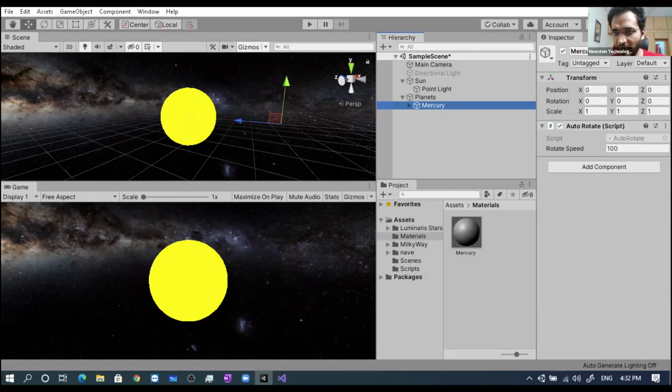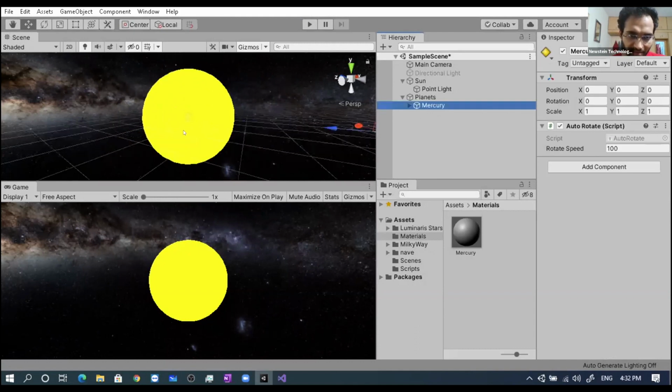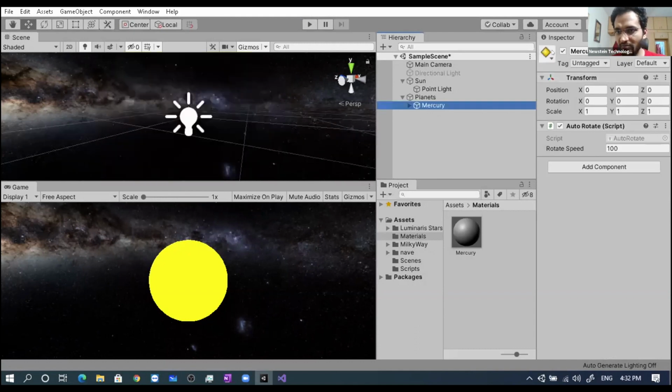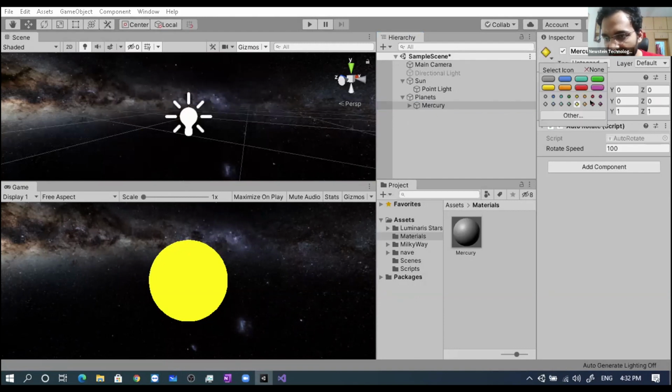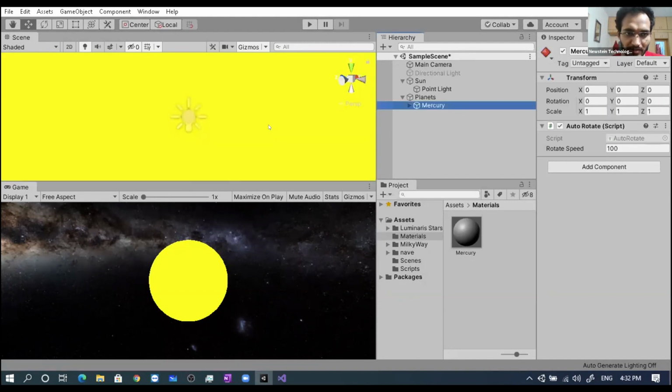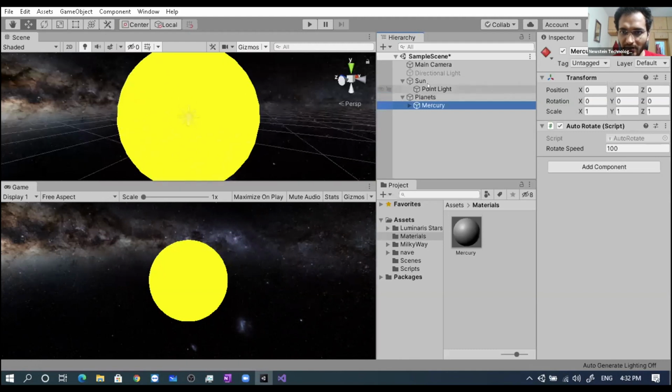I will just add the gizmos for this. Maybe make this thing visible. Is it coming? Okay, because both are yellow, it goes away. Maybe red. Remove point light.